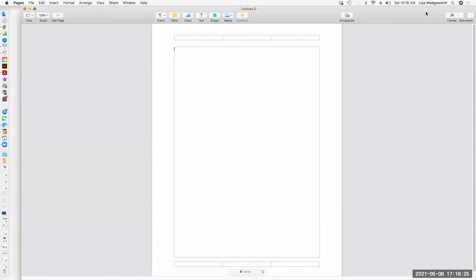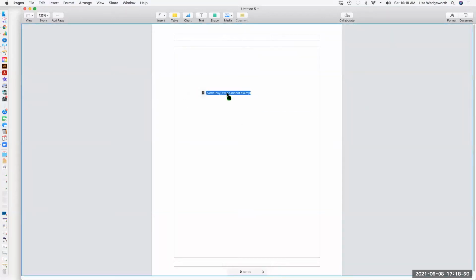Alrighty, so I'm going to do a demonstration on how to trace your self-portrait. And since I am not doing a live demonstration with the actual materials, I'm going to do it digitally and create layers that take the place of the materials that you're going to be using. So, the first thing that you're going to do is you're going to take a headshot of yourself,